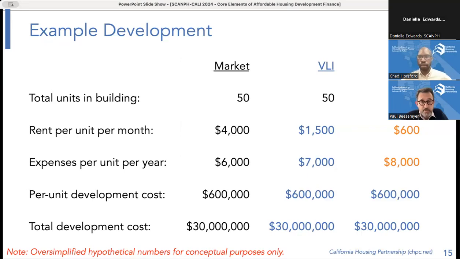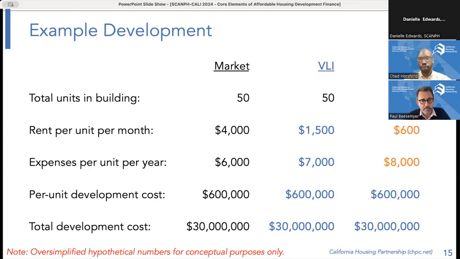One is affordable developments do tend to be a little bit smaller than market rate developments, primarily due to both availability of capital and political acceptability in siting a project, but also because the more deeply affordable a property is, the more it's required, or just a good idea, to make sure that you have service providers attached to the property who are helping folks who are very low income to manage finances, connect with childcare, and stay housed and stable.